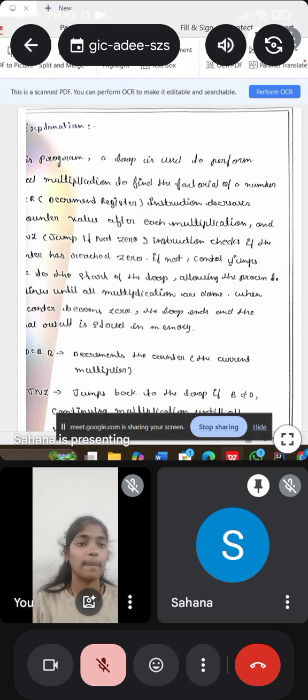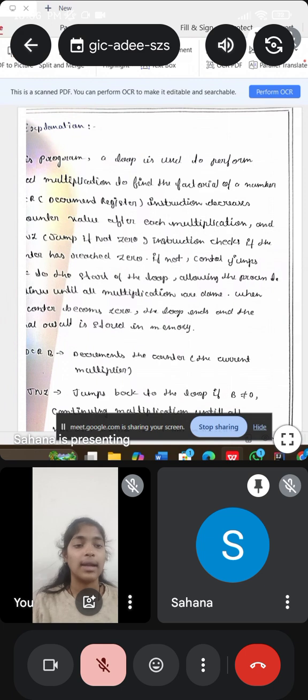Implementation: the input number is stored in the memory location 85, and the program loads this number into the accumulator using the instruction LDA, memory address 85, and the value in A is then copied to the register B. This acts as a counter, and the accumulator is initialized to 1 since the factorial starts with 1,